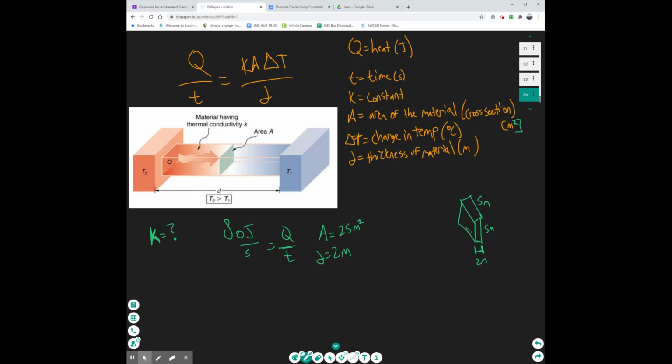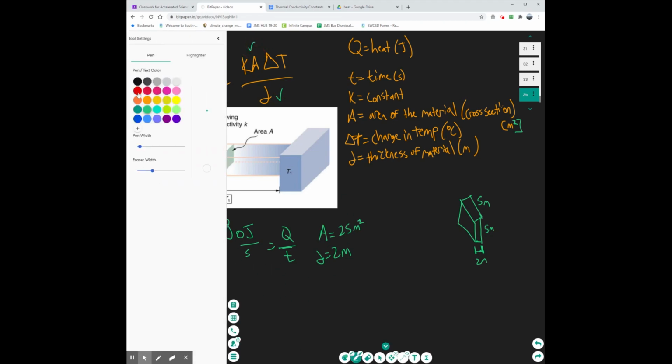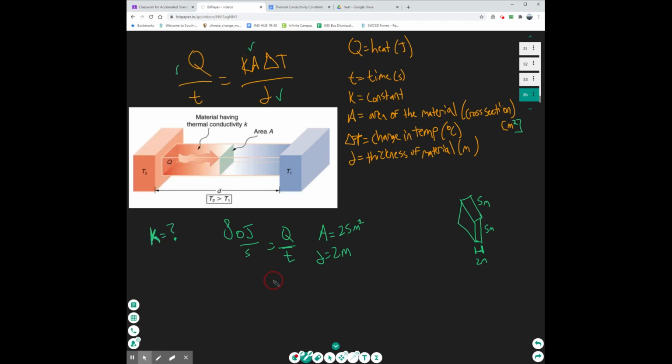Okay. So we're using a pretty thin material, maybe just a sheet of something. Okay, it's actually pretty thick. 2 meters is quite thick. That's like a human height, like 6 feet tall. Right. So we've got Q over T, we've got D, we've got A. Now, what if I told you that on T2, the left side, our material